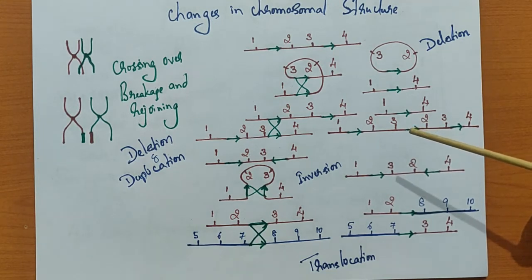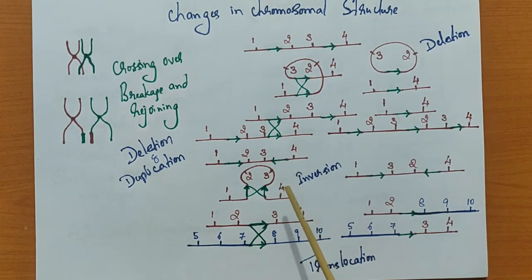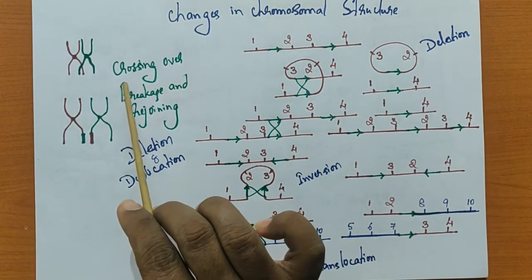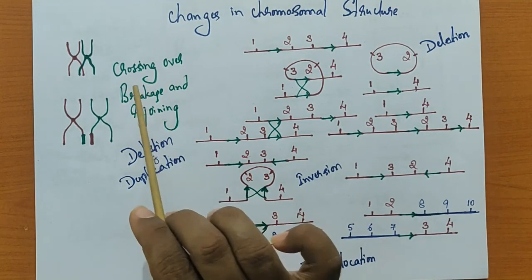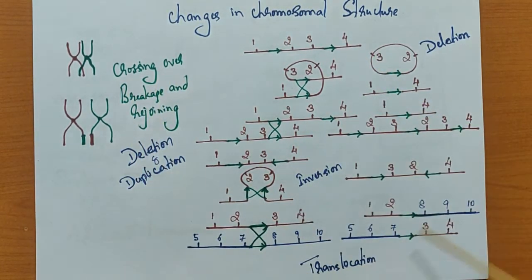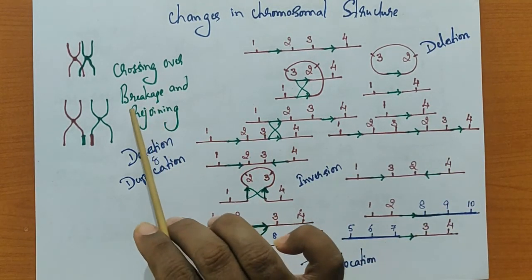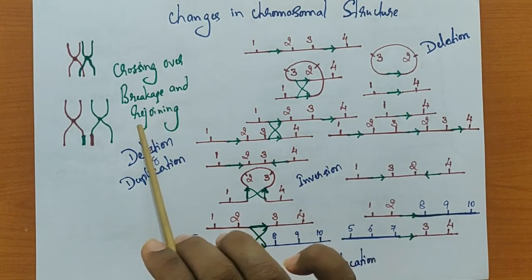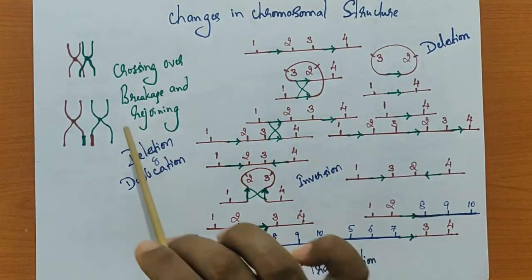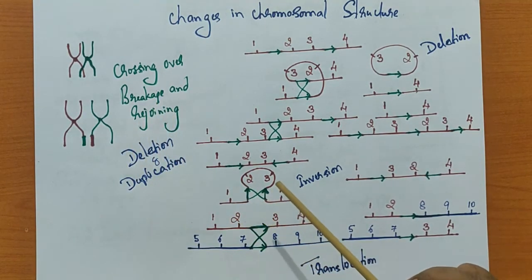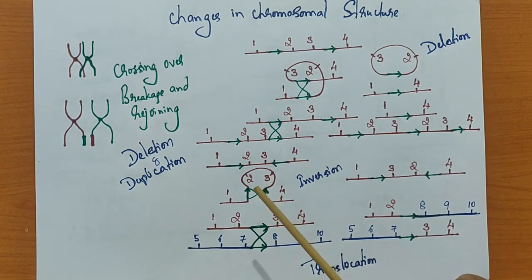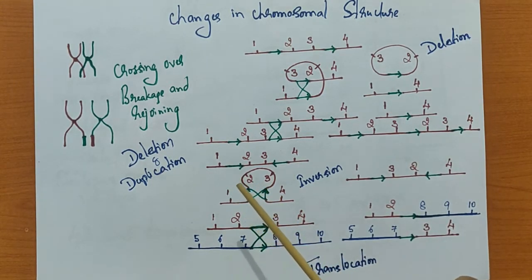In meiosis, usually the exchange of genetic material takes place. That exchange of genetic material is because of a process known as crossing over. This crossing over can be studied in this particular format. The same information can also be obtained by another process known as breakage and rejoining. So before we get into crossing over or breakage and rejoining, what is going to happen in the process of meiosis, especially in the case of homologous recombination?